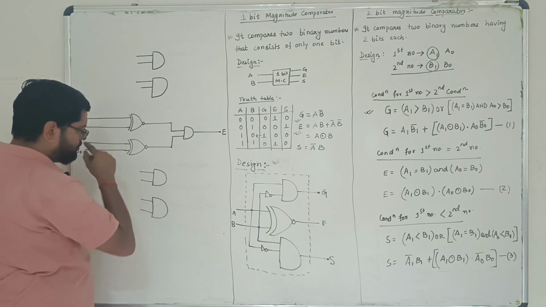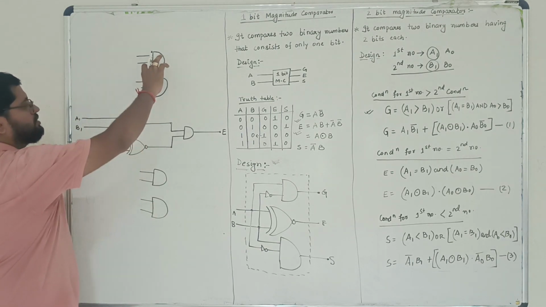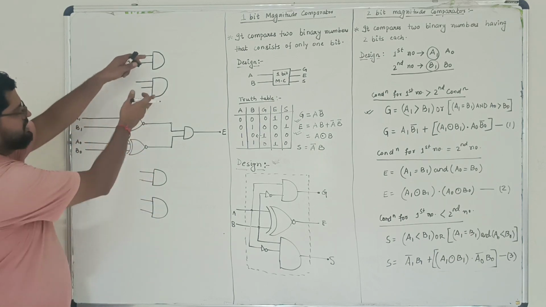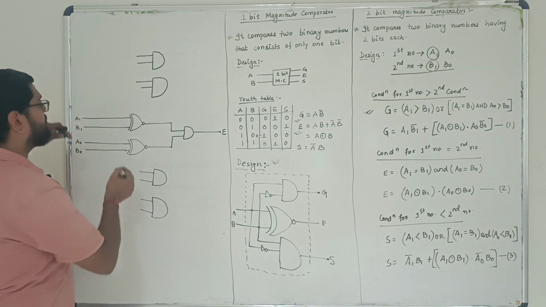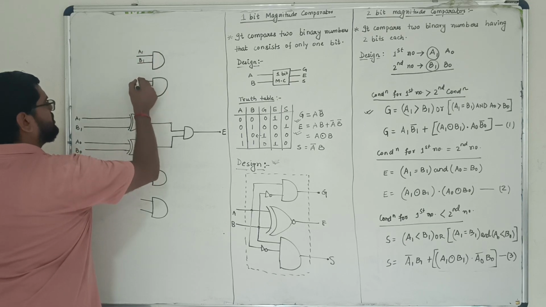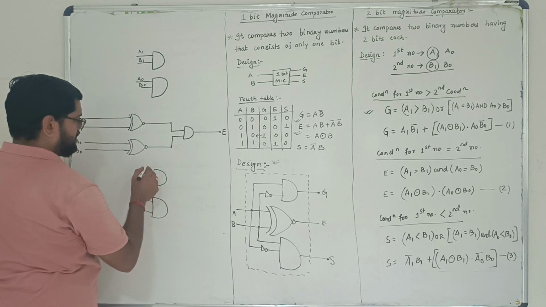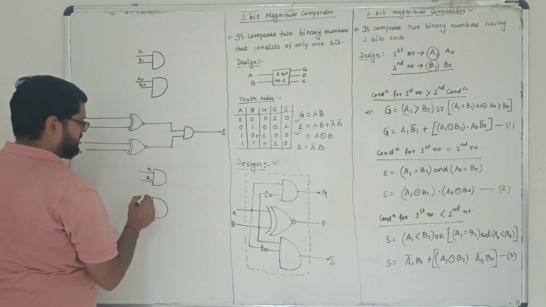Okay. So once you have drawn these two AND gates at the top and two AND gates at the bottom, the top ones are going to be utilized for G, and the bottom ones for S. Now here you write down A1, B1. Here you write down A0, B0. Similarly, here you write down A1, B1, and here you write down